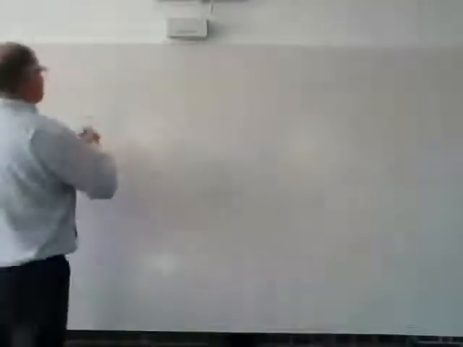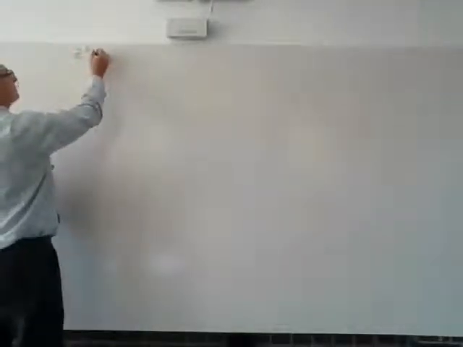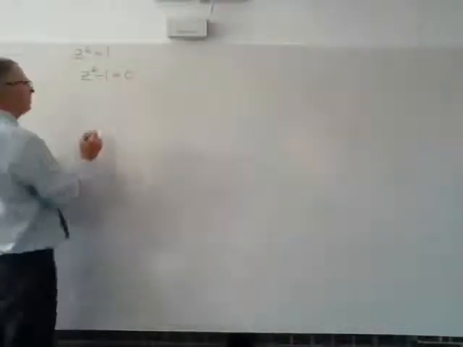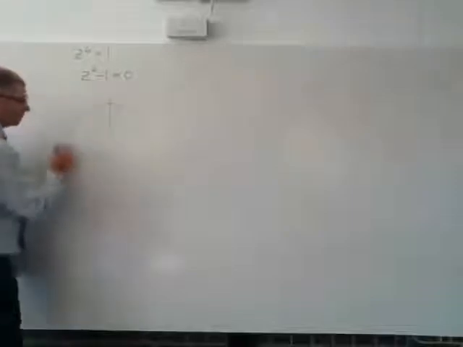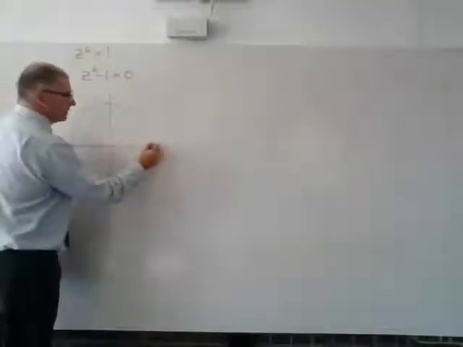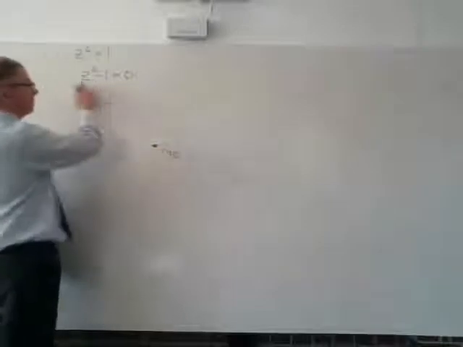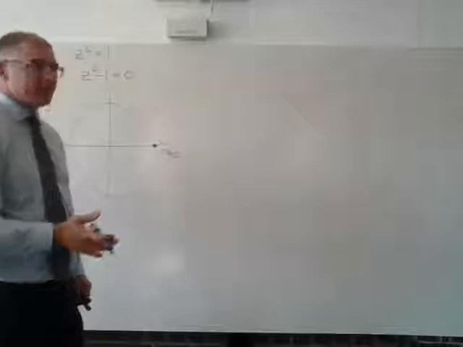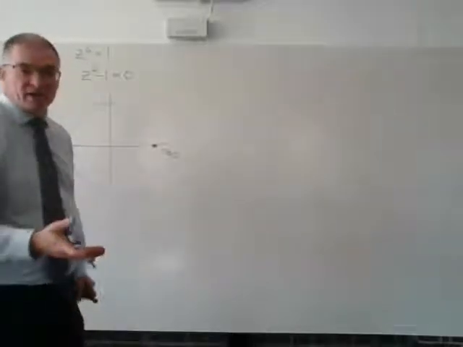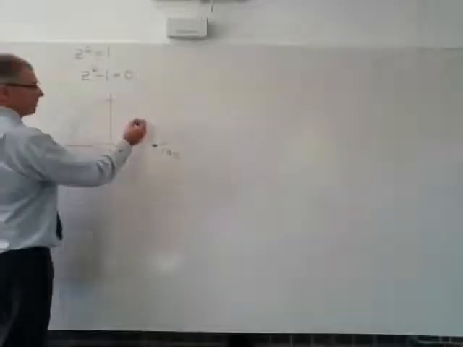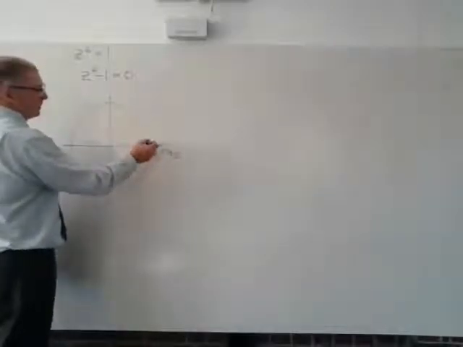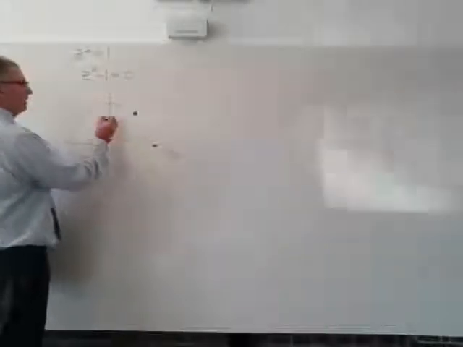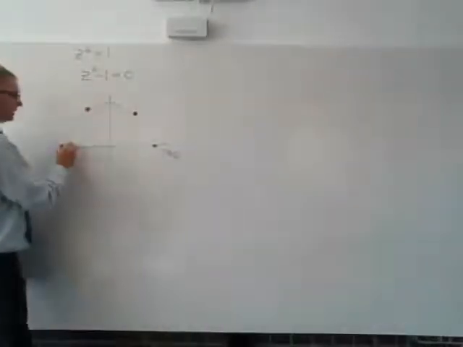And finally, z to the 6 equaling 1, which is z to the 6 minus 1 equals 0, we know a solution for straight away, and that is here at cis 0, because 1 minus 1 is 0. This one has to be evenly spaced every pi on 3, 2 pi on 6. So it's quite easy. You've got pi on 3, it's about there. So this will all be nice and symmetrical,